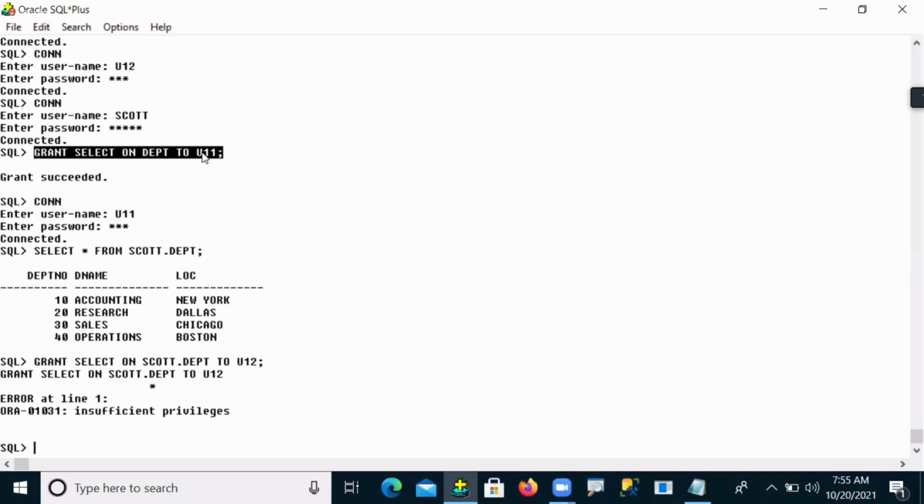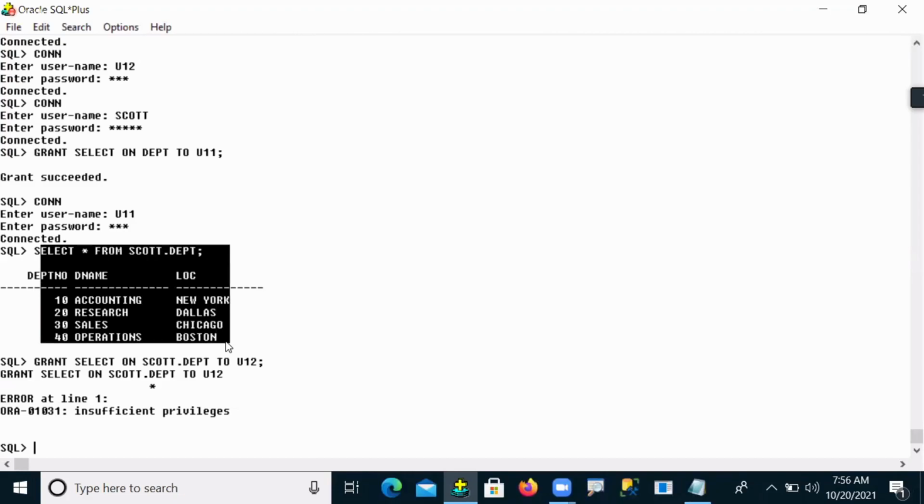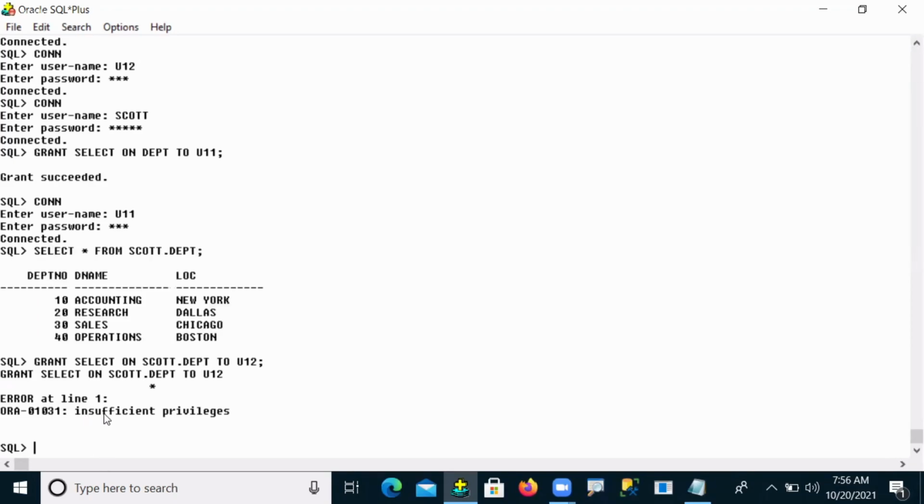So only user 11 can access the table data, but user 11 does not have a right to give those object privileges to another user. So it is not possible, and here it says user 11 has insufficient privileges. That means user 11 doesn't have a right to give these permissions to another user.